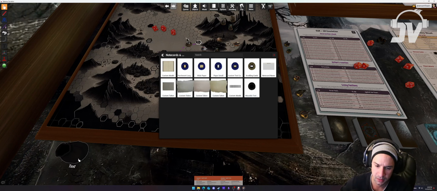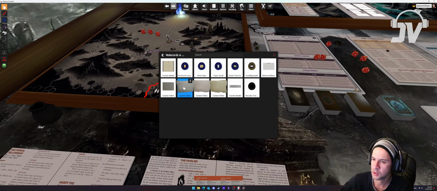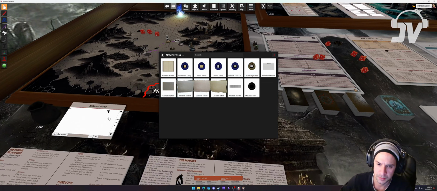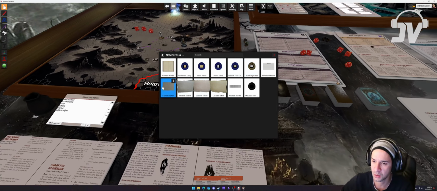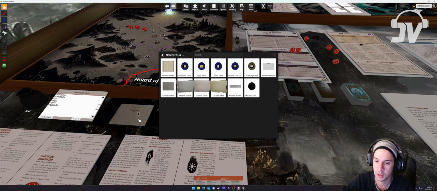It's a bag of things. It also has some writable note cards, so if you want to play Fate or want to take quick notes, remember, my suggestion at least, don't use Tabletop Simulator for important stuff, but for small notes you can use this kind of thing. So this module called Note Cards and Text is extremely good because it has this